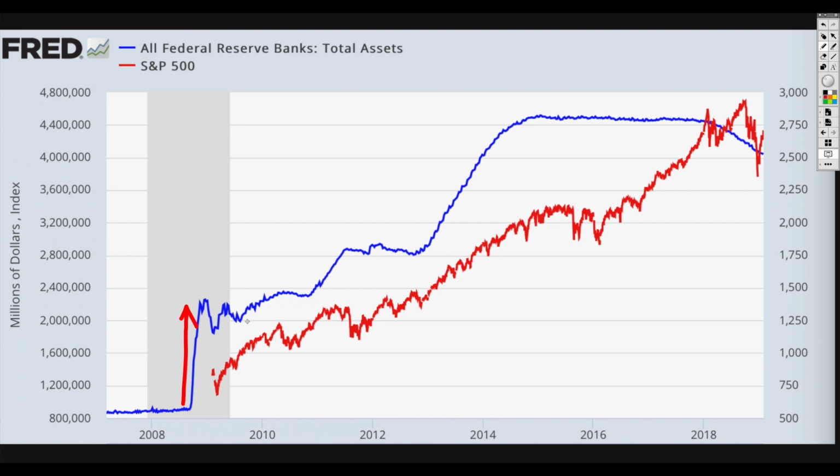So of course, then we had quantitative easing 2, and we can see how the markets pushed that up. However, once quantitative easing 2 finished, before QE3 began, we had this stagnation almost, where the S&P 500 was up and down. And during this period of time, there were some questions about the future of the markets. Will they be able to withstand everything that's happening in Europe with the Euro sovereign debt crisis? But as soon as QE3 hit the markets, you can see while their assets expanded, so did the S&P 500.